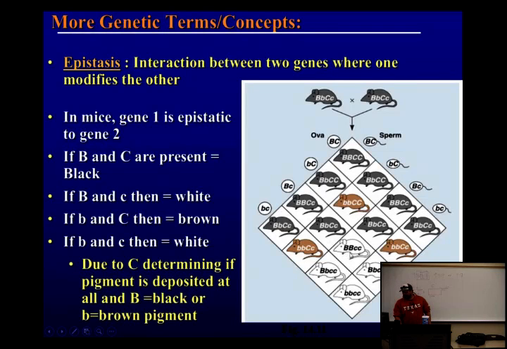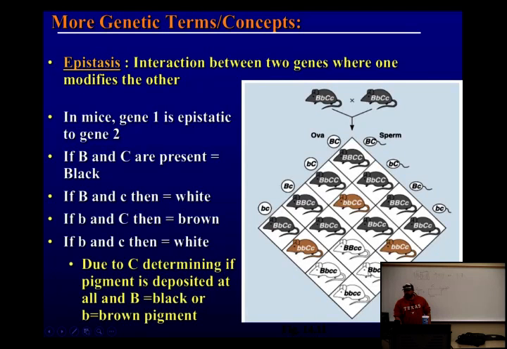This one, it's big B, so what color is the pigment? The paint, it's black. No painters. Mouse is white. This one, what color is the paint? No painters. This one, what color is the paint? No painters. White. So we get a 9 black, 3 brown, and